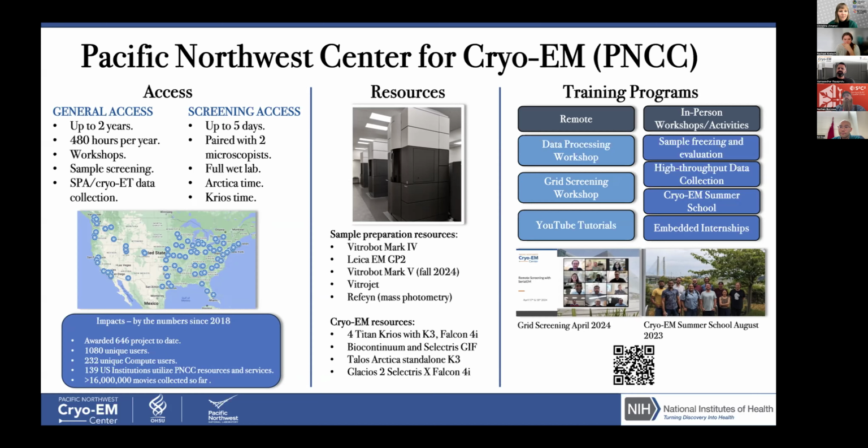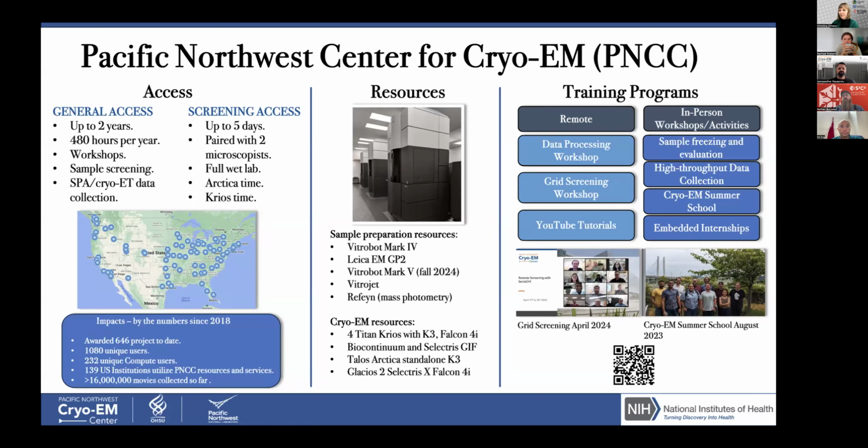General access proposal awards 80 hours of microscope time a year for 2 years, for a total of 160 hours. This time can be used for screening or data collection. Approved general access proposals are also eligible for our training workshops, which cover topics from sample preparation all the way to data processing. Approved proposals are also assigned a scientific point of contact, a SPOC, if you may, who assists with questions about sample optimization, data collection strategies, data processing, and several other